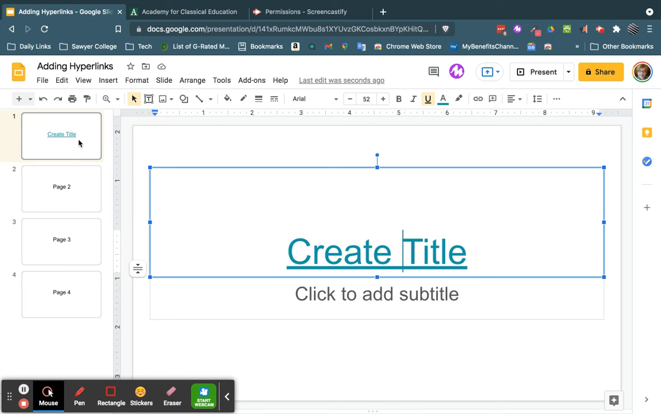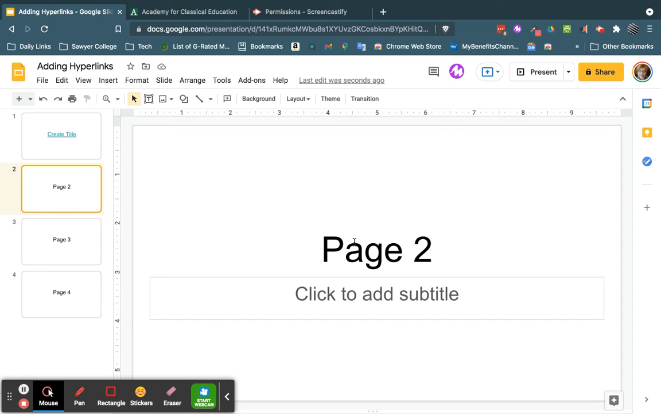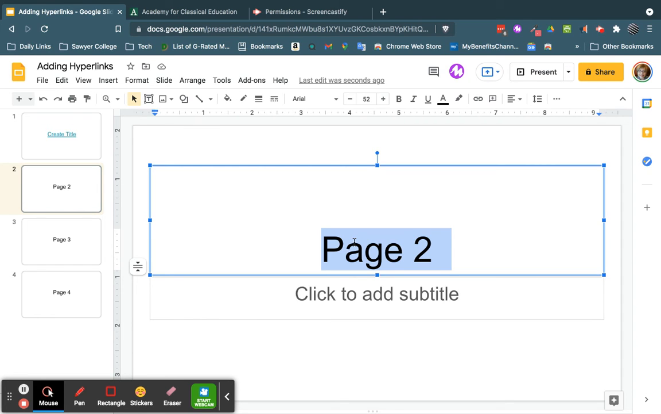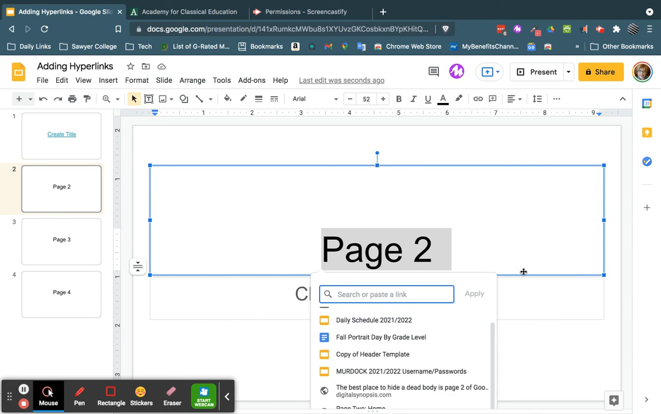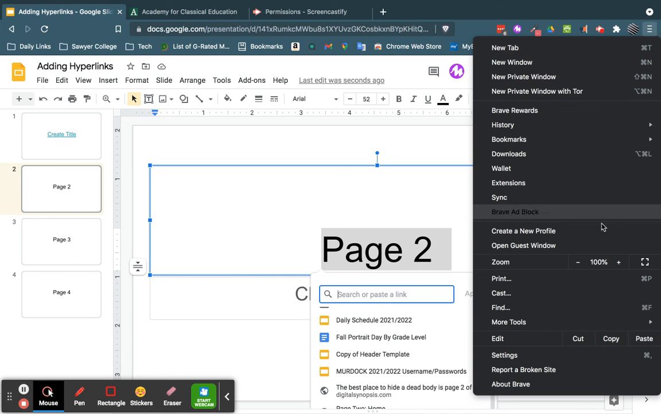Now I'm going to come down here, and let's say that on page 2, I want to send them to page 3. So I'm going to highlight this, and I'm going to do one of my 3 ways to add a hyperlink, but I want to do it on something that's inside this Google slide presentation. So right now I really can't see it, so I'm going to minimize my screen so I can see it a little bit better,